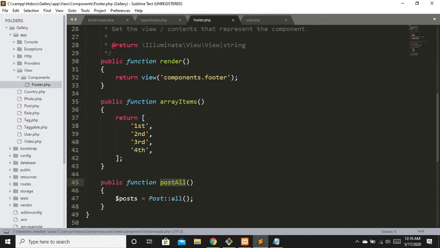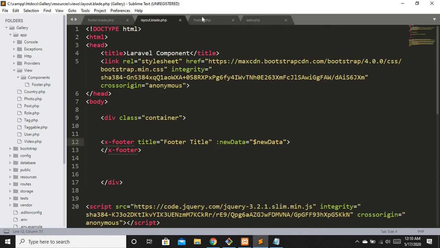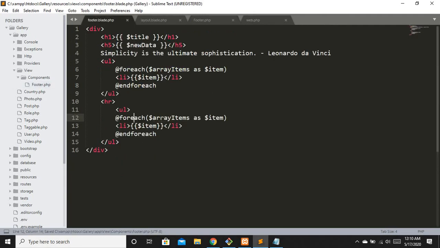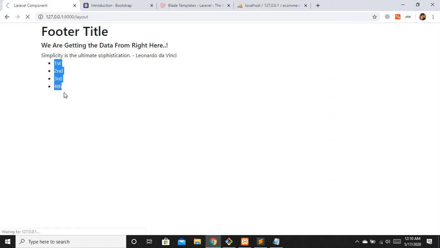In this case we need to return $posts. Now let's rename it, posts as p, and print the post name, p post underscore name. Let's see if it is working. Refresh. Okay, we have some sort of error. I will check it out.